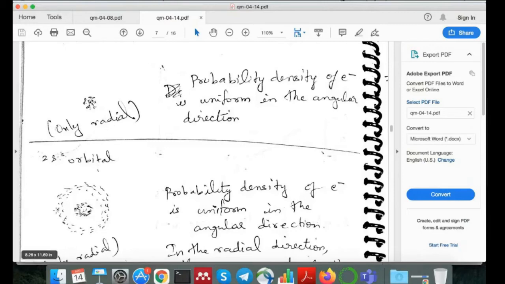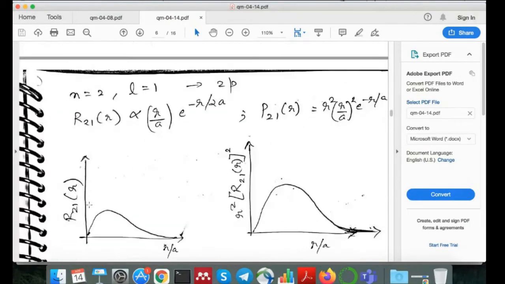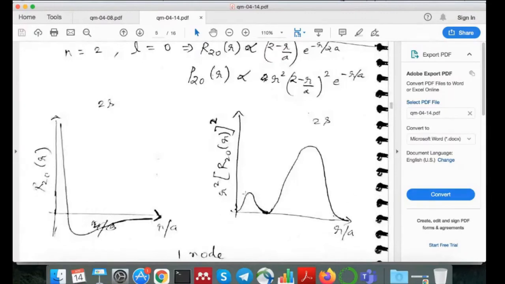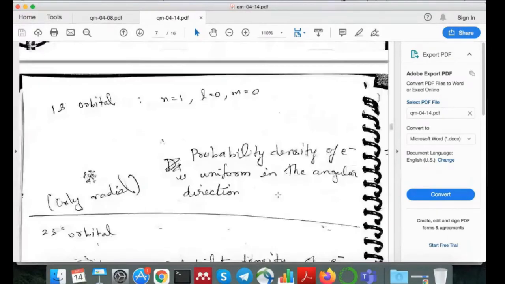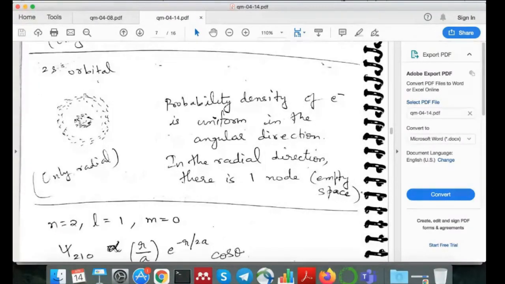Okay, you'll see that there is a cloud of electron here, then there is empty space, and then there is another cloud of electron for the 2s orbital, because 2s orbital has a node. And that same thing is represented here as well. So there is an increase in the probability, then it becomes 0, and then again there is a further increase in probability. Okay, same thing can be represented in terms of radial distance in this manner. Okay, similarly you can see for 2p orbital, d orbital as well.